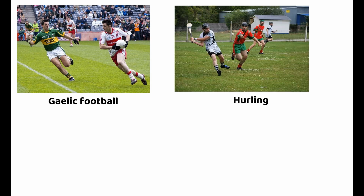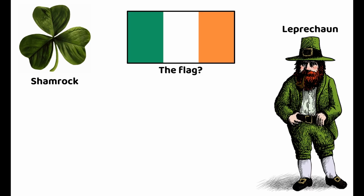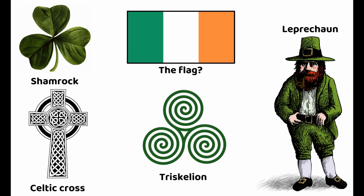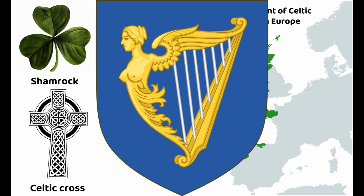Ireland's sports include Gaelic football, hurling, and horse racing, so if you like the Derby, you're good to go. Finally, Ireland's most famous symbols include, obviously, the shamrock, leprechauns, anything green or orange, the Celtic cross, the triskelion if you're into the whole new Celtic Brotherhood thingy, and also the Irish harp, be mature,